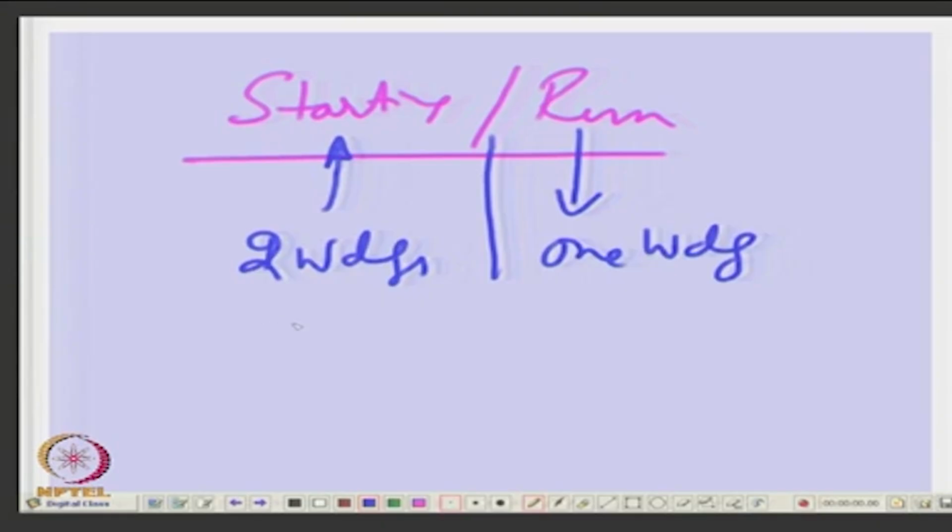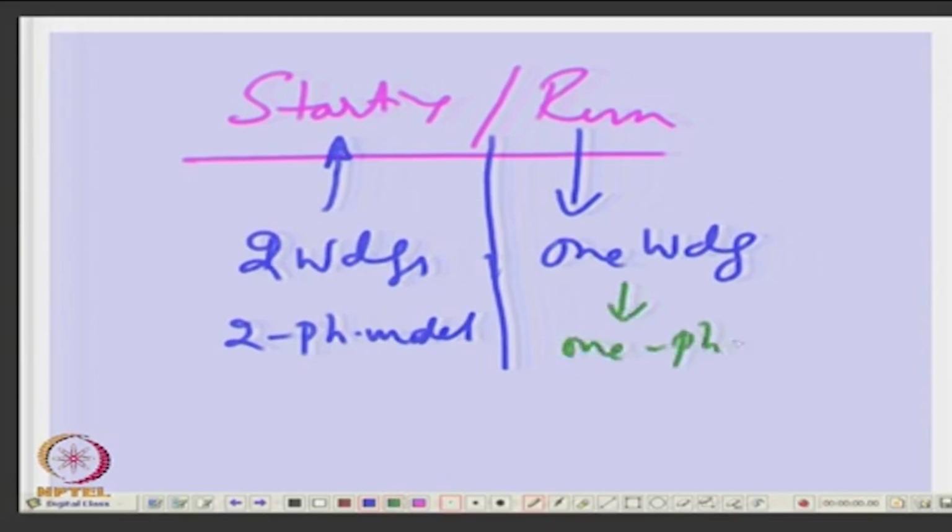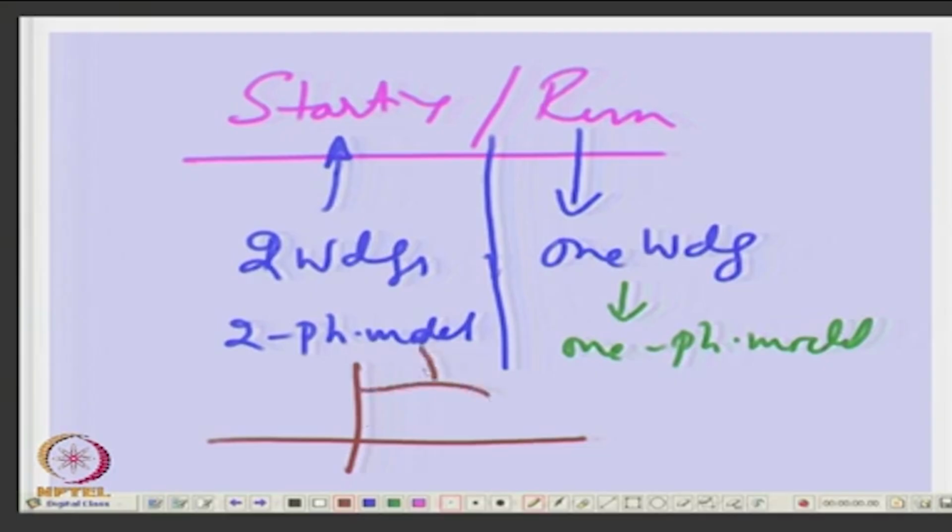So, here you use the 2 phase model which we have just now discussed, and here you will have to use a 1 phase model. So, what is likely to happen is, in starting you will be operating with a 2 phase model, and suddenly you have to switch to a single phase model. So, this may be start, this may be run,